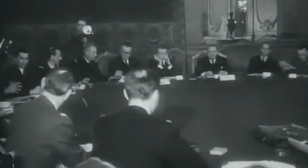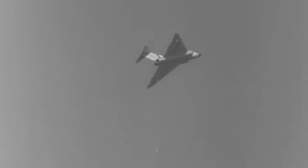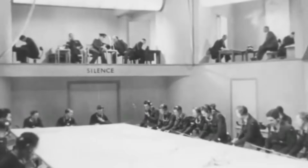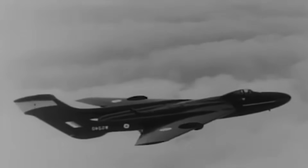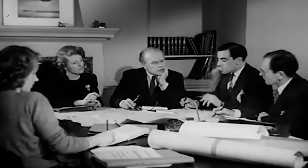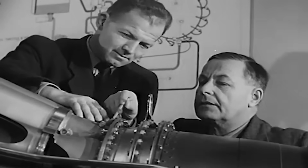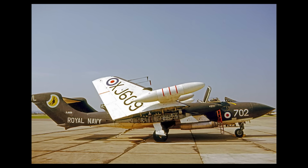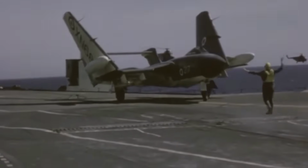Despite the improvements, the RAF decided to abandon its interest in the DH-110, opting instead for the Gloucester Javelin. However, the Royal Navy remained interested in the design as a potential fleet defense fighter. As the Royal Navy showed interest in the DH-110, further modifications were made to create what would become the Sea Vixen. A complex hydraulic folding mechanism was introduced, allowing the outer sections of the wings to fold upwards for carrier